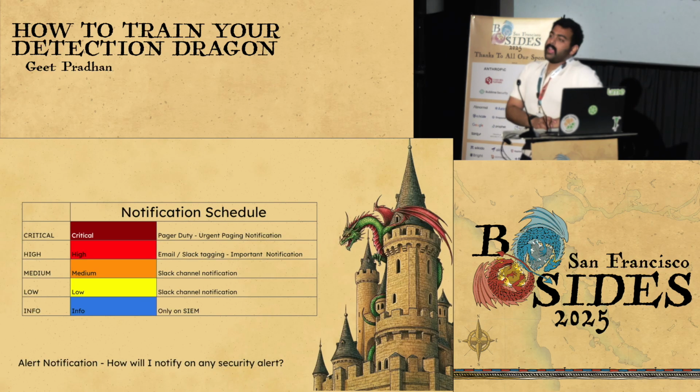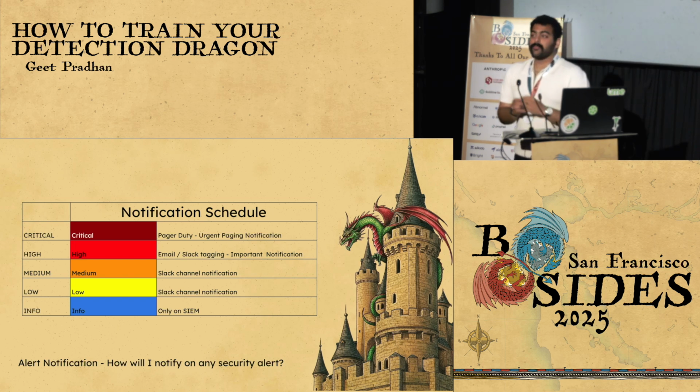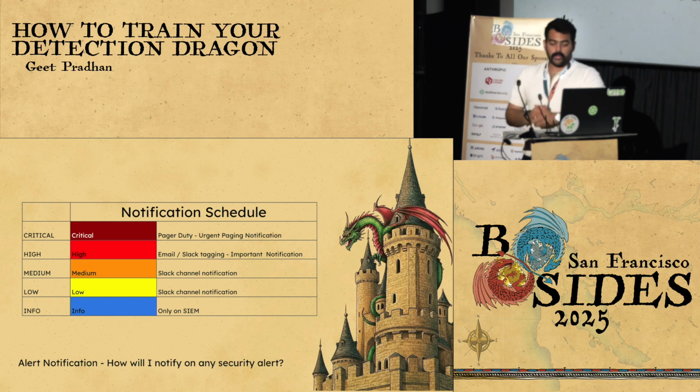Now you'll be like, hey, I don't want everything on email. I'll get like 10,000 emails a day. You're right. This is where you need to have some sort of notification schedule set up. So what we do is we have a severity mapping. Now this is a very, very common severity table. I'm sure most of you have probably seen it. If you haven't, it's essentially a way to sort out the alerts, right?